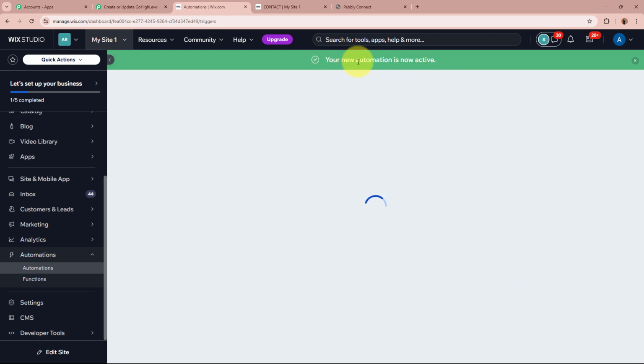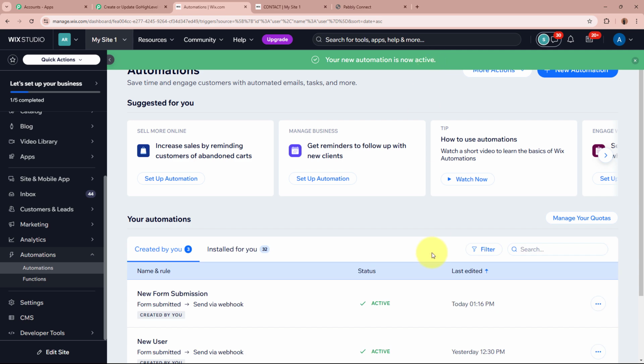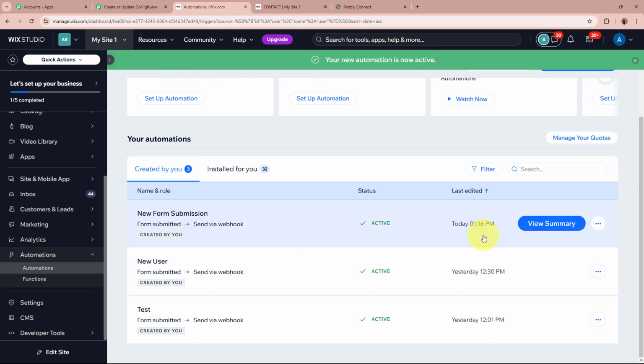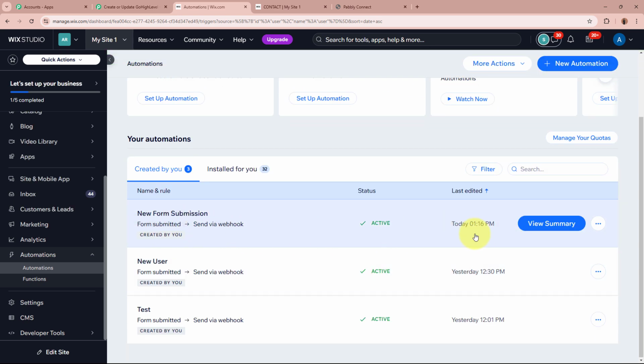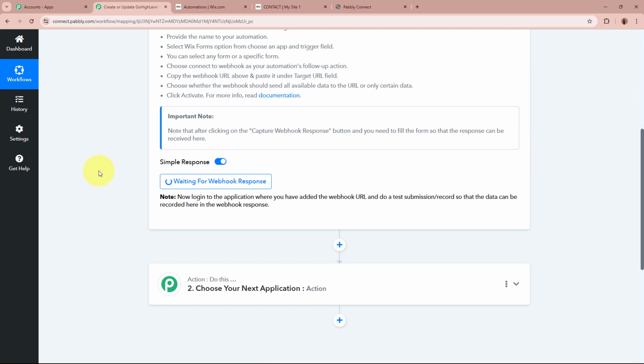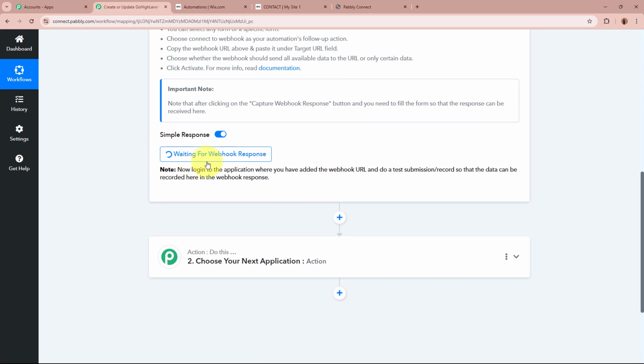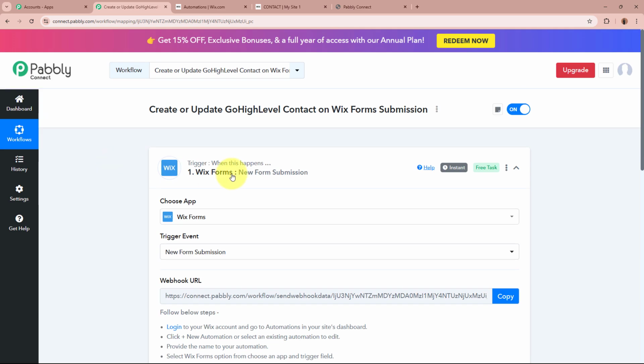Okay. It says your new automation is now active. As this automation is successfully added to my GoHighLevel account, you can see right here. I'm going to go back to my workflow and scroll down. In Pabbly Connect, it's saying waiting for webhook response. So now, to check whether Wix Forms is successfully connected to Pabbly Connect or not, what I'm going to do